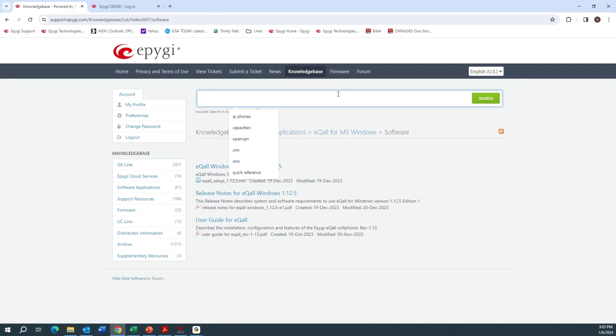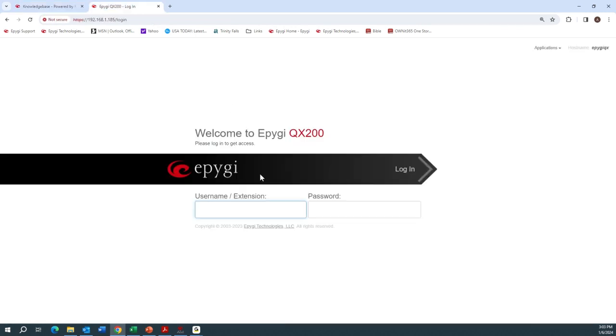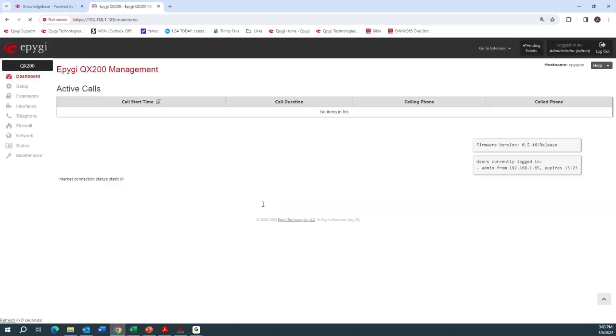All right, so the next thing we want to do is take a look at the QX. So I've got a local QX200 here in my office that we're going to be logging into. I will say this a couple times, but just make sure that you're on the latest software, 6.5.16 in my case. All right, we're going to start with the licensing. So I go to Setup, License Features,